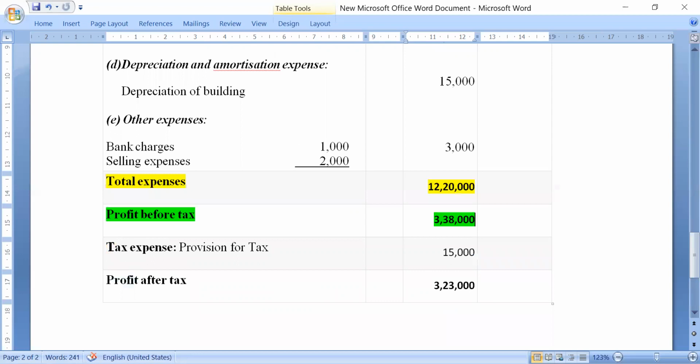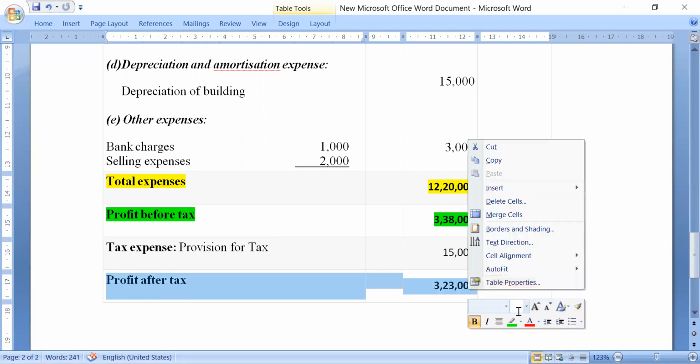And then we write the tax expense. I have not written the exceptional and extraordinary items. That part we may avoid, because in this question there are no exceptional or extraordinary items, or discontinuing operations, nothing is there. So we can directly sum up with this figure, tax expense. Under this, for current tax we will write the provision for tax 15,000, and then if we deduct the tax from profit before tax, we will get profit after tax.